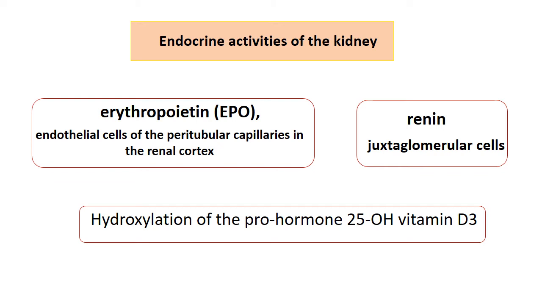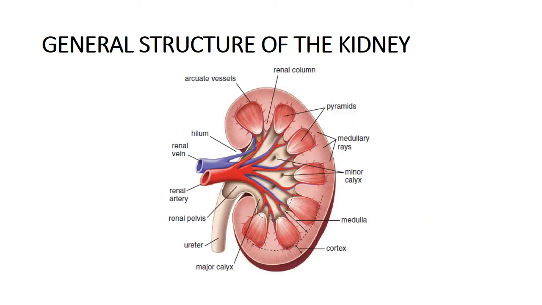The final product, which is 1,25-dihydroxycholecalciferol, is the active form of vitamin D3, and the kidney, as we said, is a large bean-shaped organ that has a medial concave border